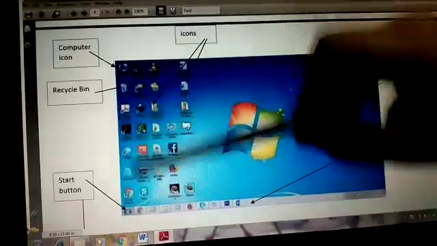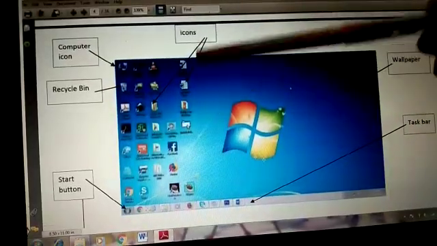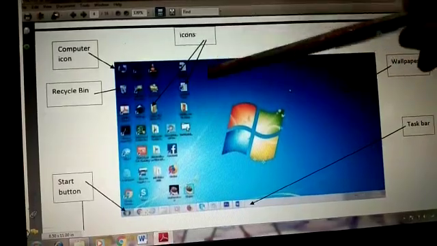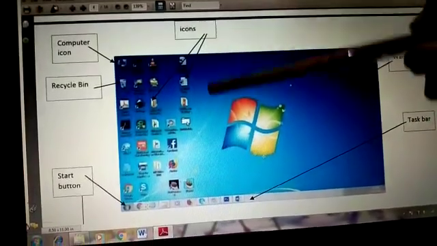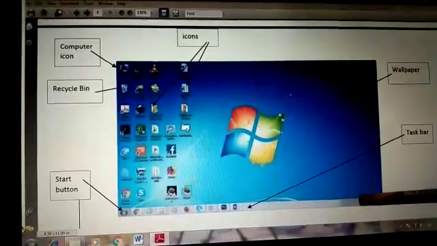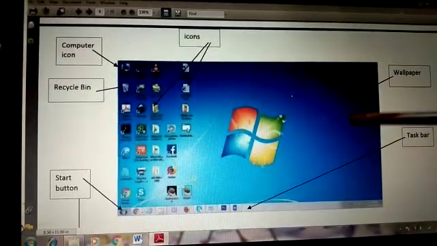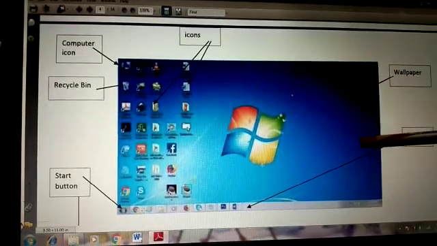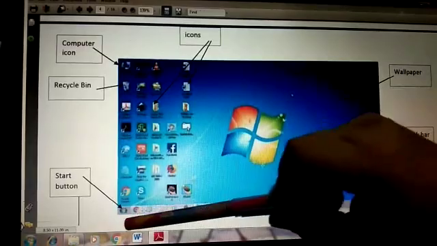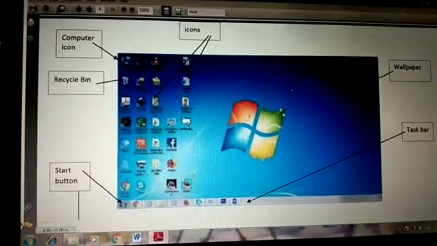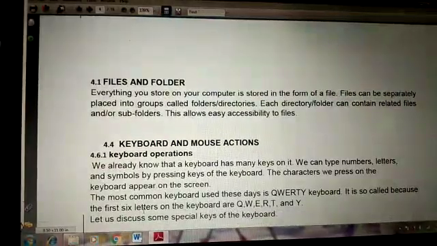And this picture is called an icon. It also represents some commands. These icons mean you are activating certain commands. And this bottom line is called the taskbar. And this picture which is visible on the screen is called wallpaper. Right, and this is called the start button, and these are the names of the icons, you know them and you're using them every day. Now, files and folders.